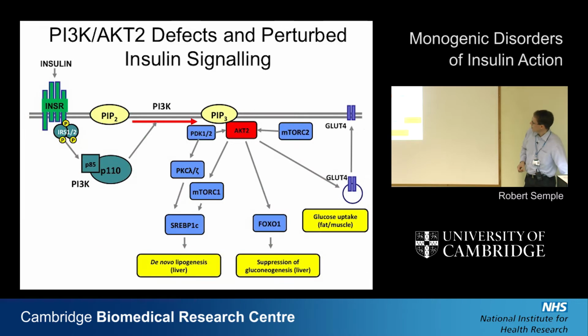So according to the same arguments which I used before, the rarity of de novo mutations and the very strong candidacy of this particular mutation, we were pretty sure we had the answer. And critically in this case, because we had 2 independent patients, it was pretty well a done deal. That's simply to remind you where AKT2 falls in the signaling pathway,